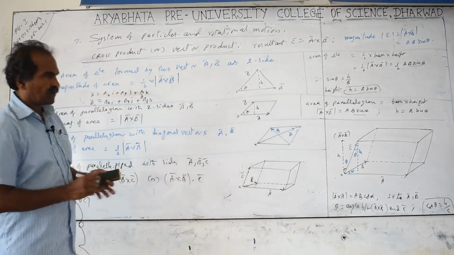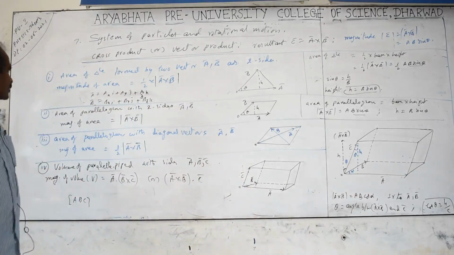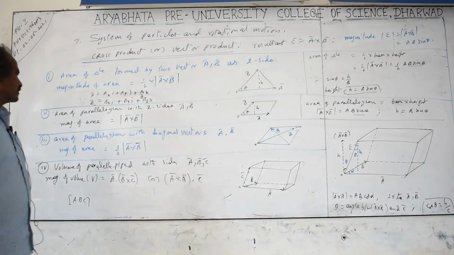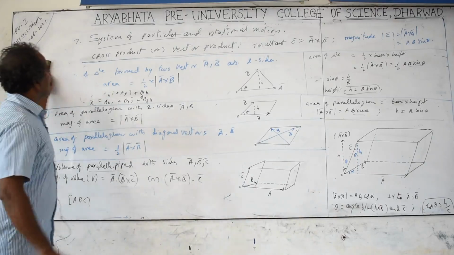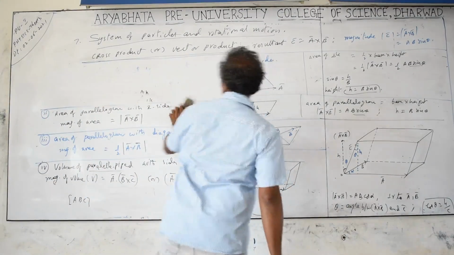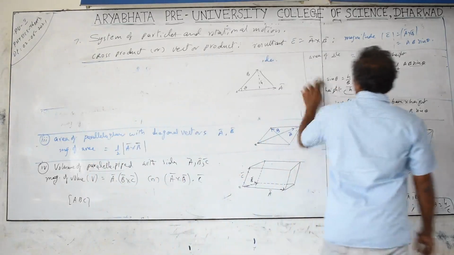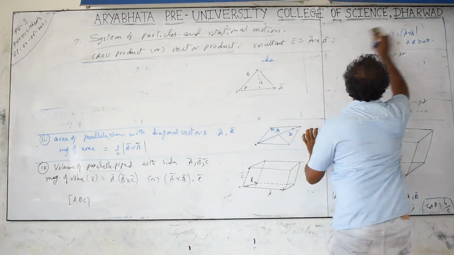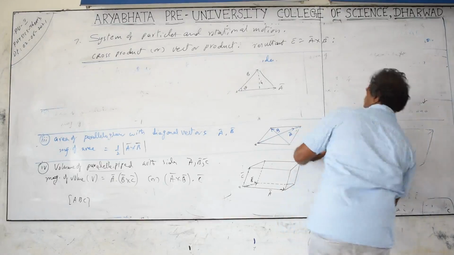Most probably the parallelepiped volume is asked in JEE Main and competitive exams, not even for KSET also. But the area of the triangle can be asked for NEET and rarely for KSET. In this, they may give the components of the vectors. One or two problems will be worked out, example problems based on these formulae. I will just give you the hint or work out the problems completely.